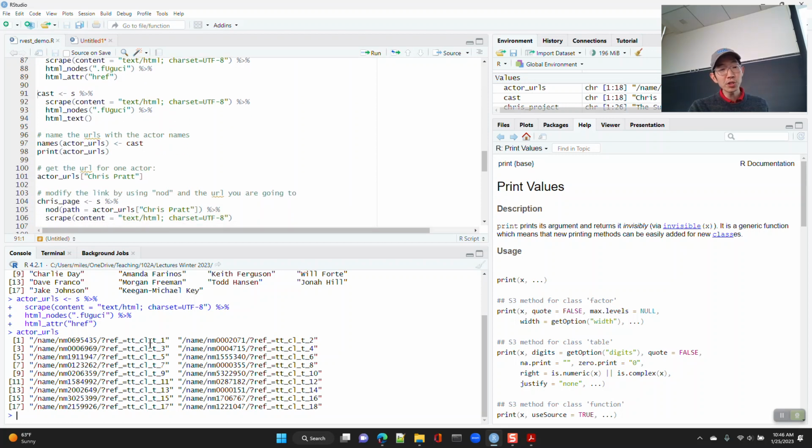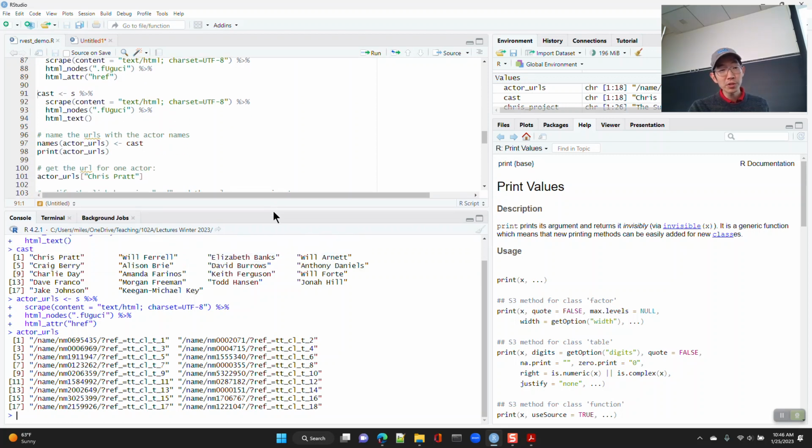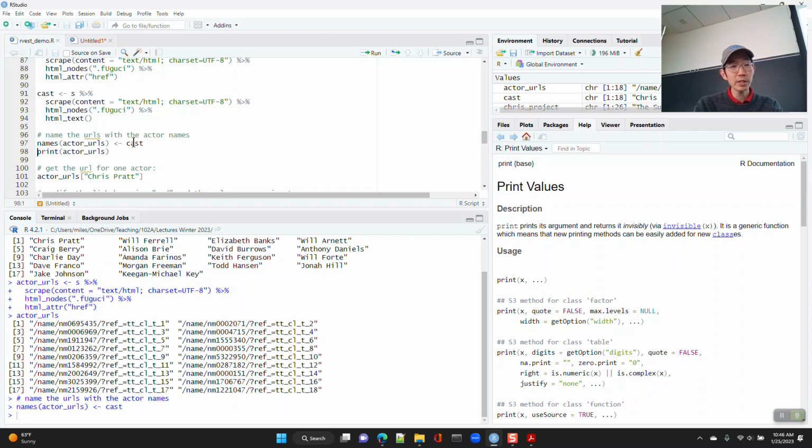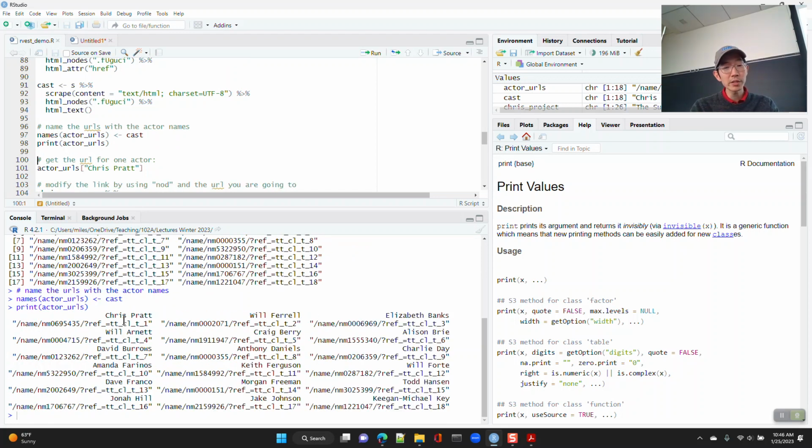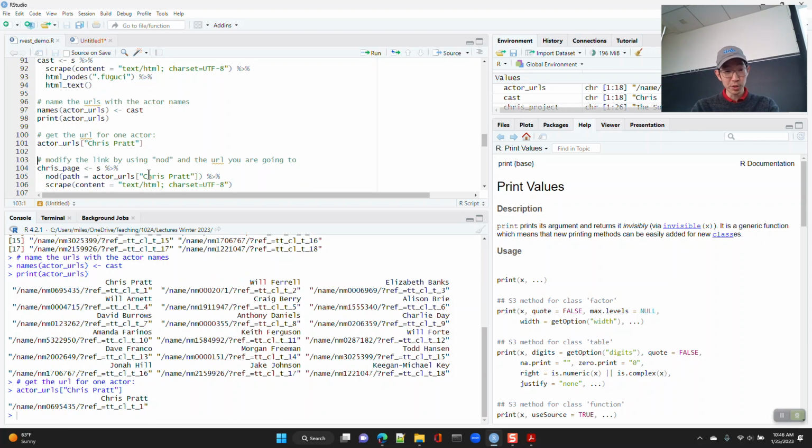Now, what I'm going to do is I'm going to use R's ability to name a vector with these things. So I'm going to take these actor URLs and I'm going to give them names. So I'm going to say name the actor URLs with basically the cast vector, okay? And if I do that, now my actor URLs all have cast member names. So I could say, okay, from actor URLs, give me the URL for Chris Pratt. Or I can say actor URLs,